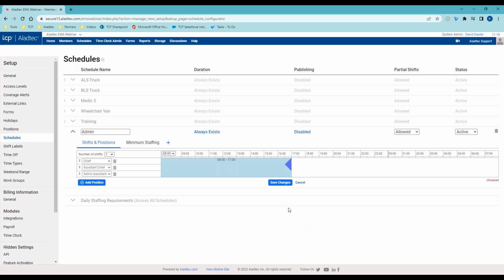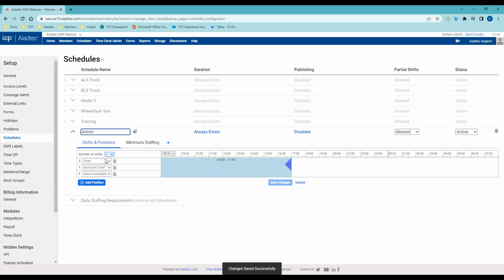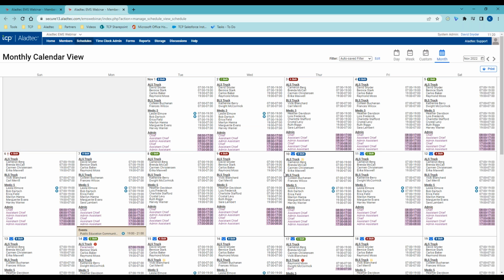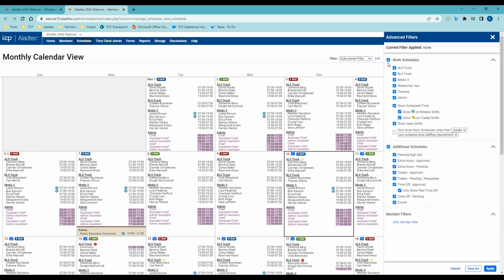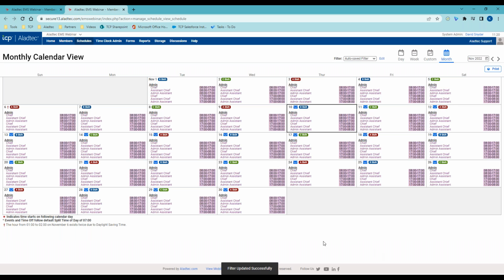So if we were to go ahead and let's save our changes here so that we've got this admin schedule created. We now have the foundation for our 3 staff members to populate into the schedule. And I'm going to pull up another tab of Aladtec so we've got kind of an easy flip between the views. So on the schedule itself, if I were to narrow our scope down a little bit, and let's just look only at that admin schedule, you're going to note that that is now showing as an open schedule,